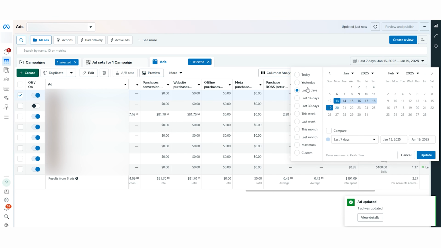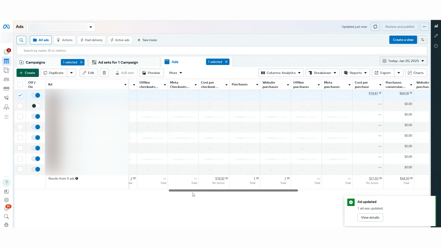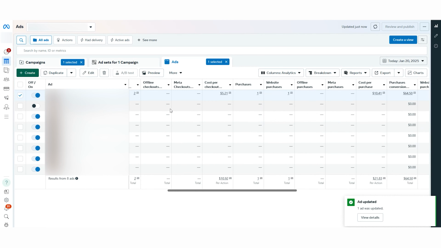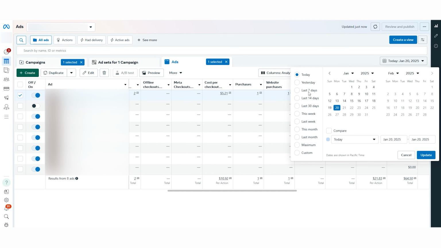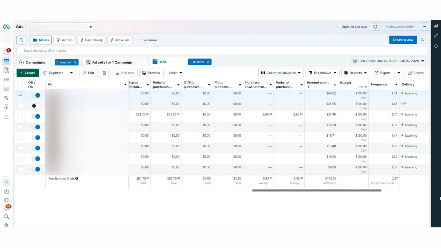And we want to see also what we are having today. Okay, so as you can see, we were expecting some sales today on this one. It already has 2 checkouts, 1 purchase. Last 7 days, I want to remind you also that this is Monday, which means the weekend is slower for some of the accounts or not, you have to see what the trend is for your account. You're doing less changes. So over here, the only change that we're going to do is take this one and turn it off.